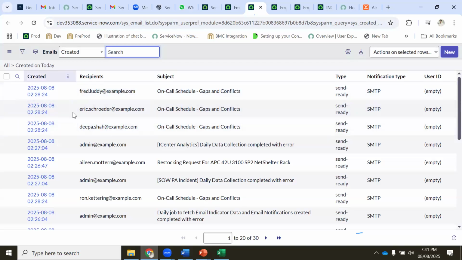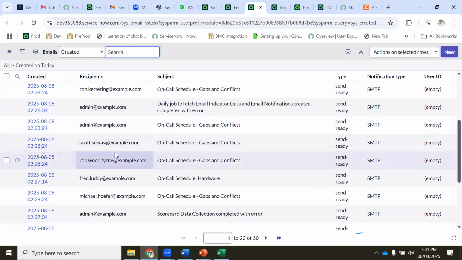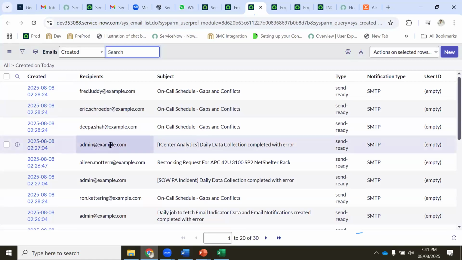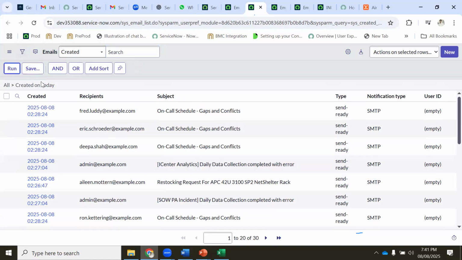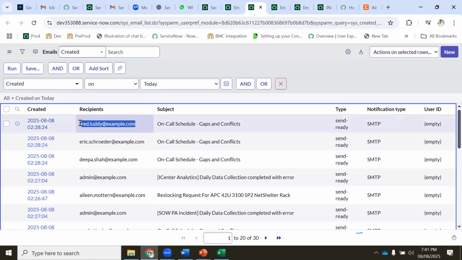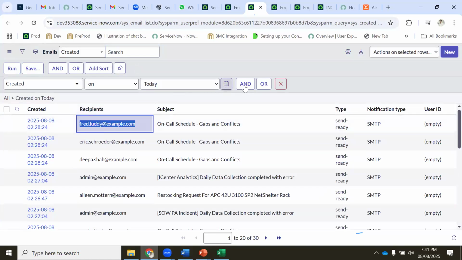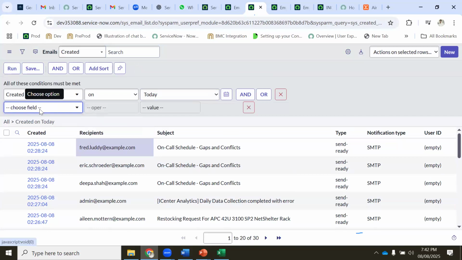Today, the system has sent this many emails. Somebody says, I didn't get a notification when I created my ticket. So how do you check? You can check here. One created today, and who is complaining? Frederick is complaining that he didn't receive the email, correct? How do you check?